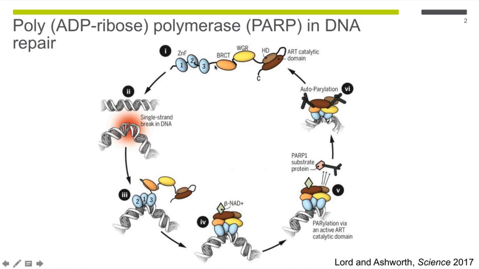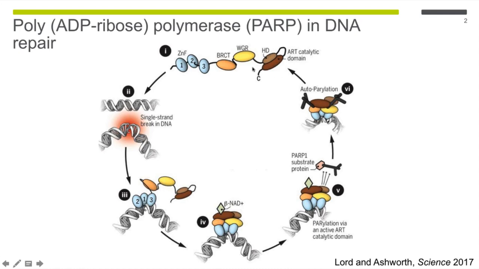Then in the middle, we have the BRCT domain and the WGR domain, which I'll come on to later in the talk. These are domains important for the function of PARP1. And then finally, at the C-terminus, we have the actual catalytic domain of PARP1, which conducts this polymerization reaction. And there's an autoinhibitory helical domain, HD, here, which under more normal circumstances is folded up against the catalytic domain,